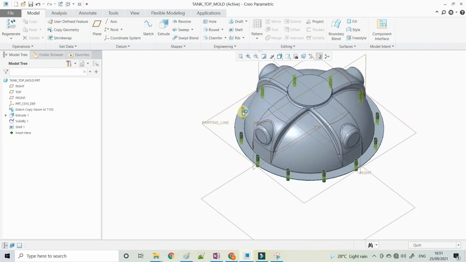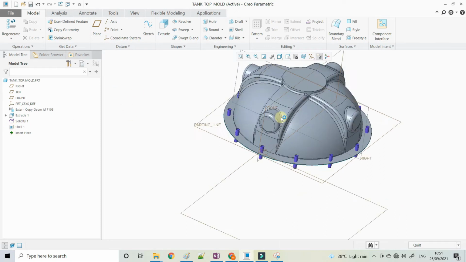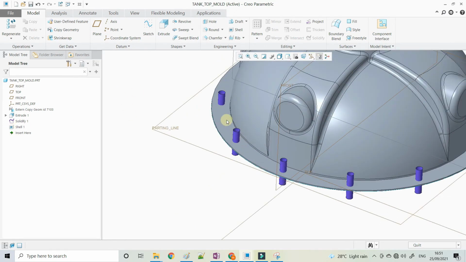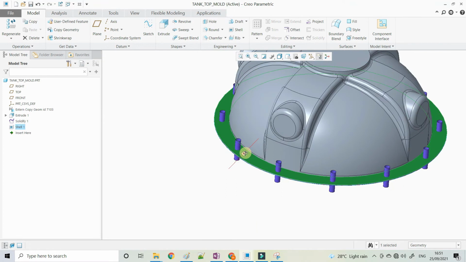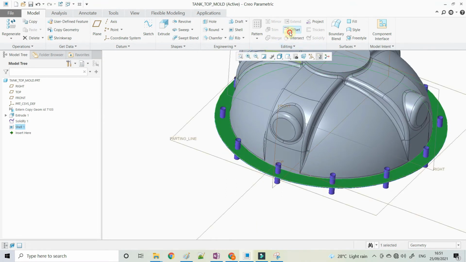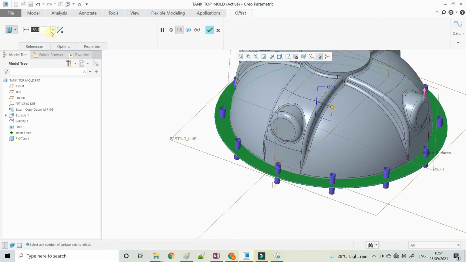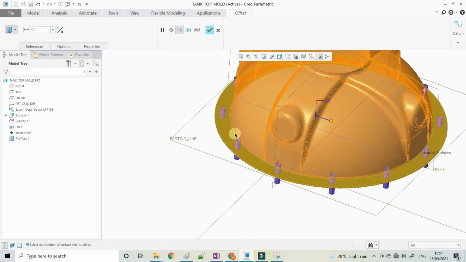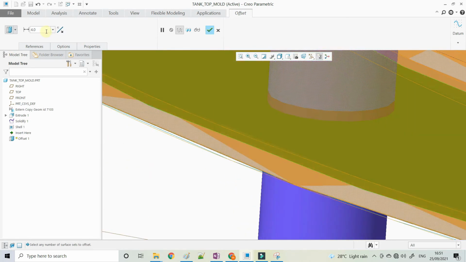Now we need to remove this quilt from this flange, because we want the holes in the flange. Here you select the flange surfaces and offset the value by 4 mm, because I want the flange thickness 12 mm. 12 mm is the minimum, I think.